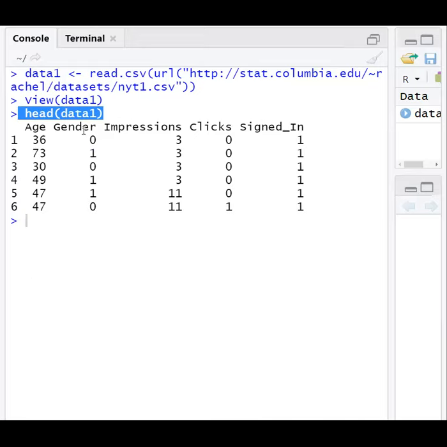That is the functionality of the head method. Optionally, we can also specify how many rows we want to read. By default, it is 6, but we can load as many rows as we need, maybe 15 or 20. So we can give the parameter; it is an overloaded method.